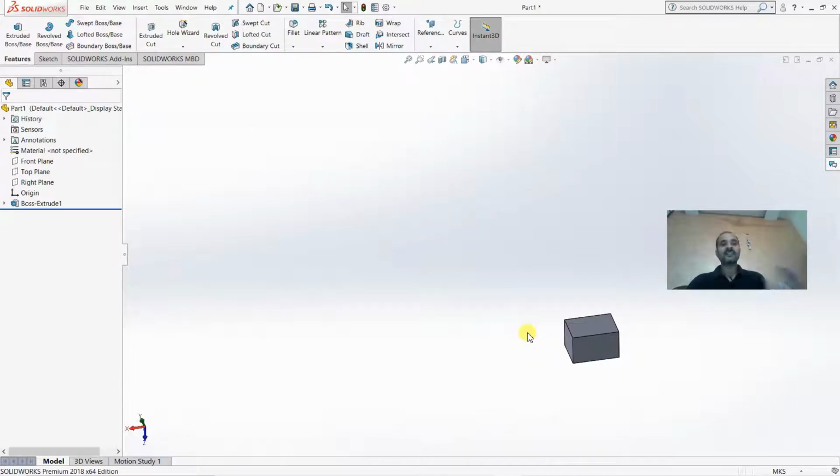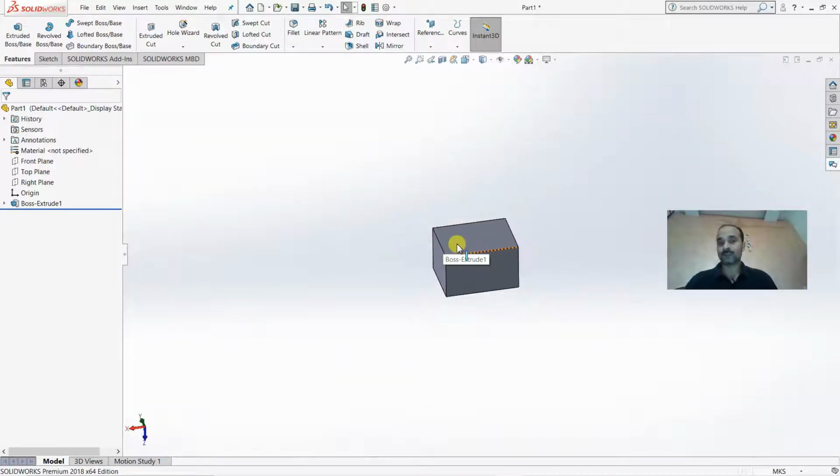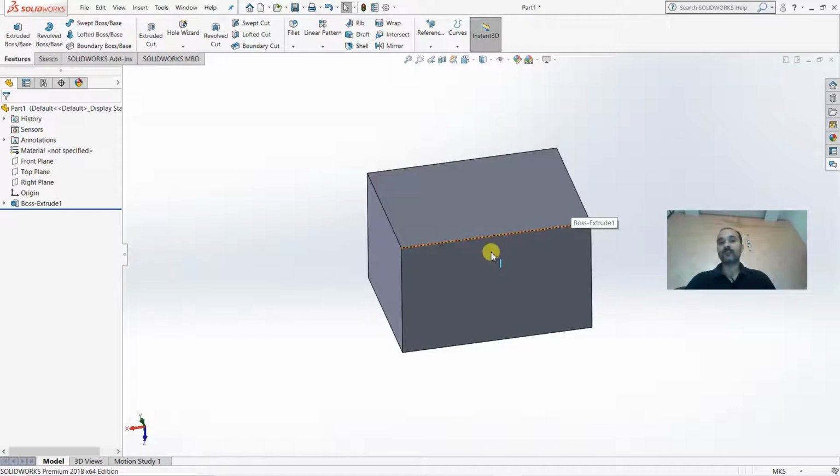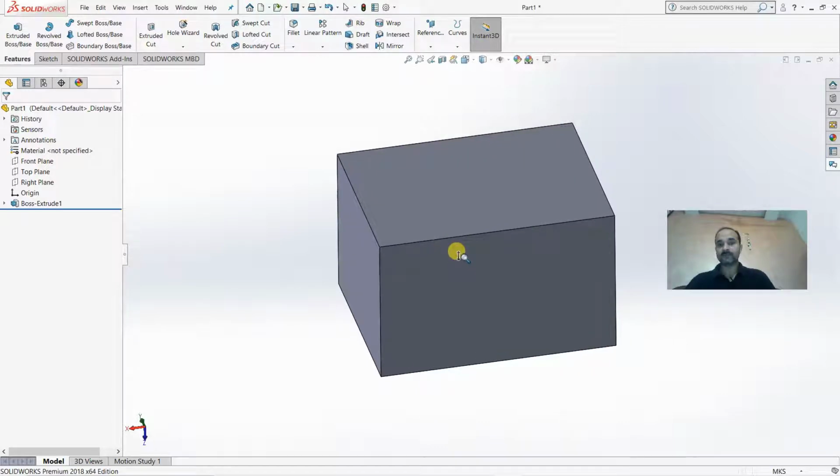It means instead of using pan, you can use the roller directly, because the point of the zoom in and zoom out is your cursor. So you can use the cursor to move your object, like we were using a pan. So basically we will not get a pan command in SolidWorks.